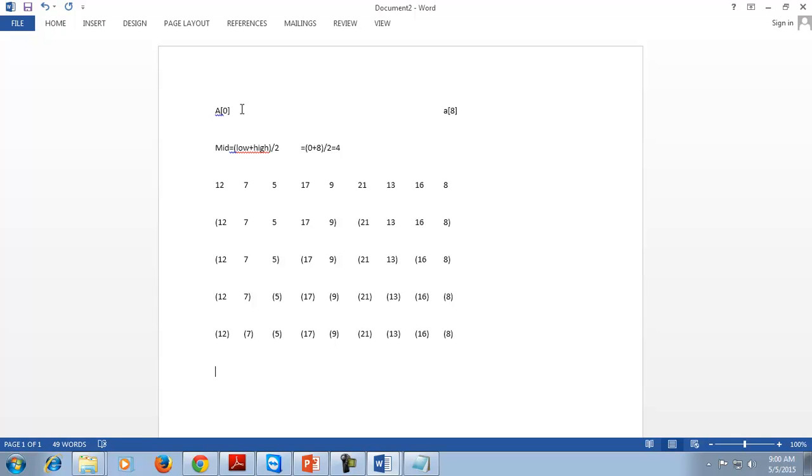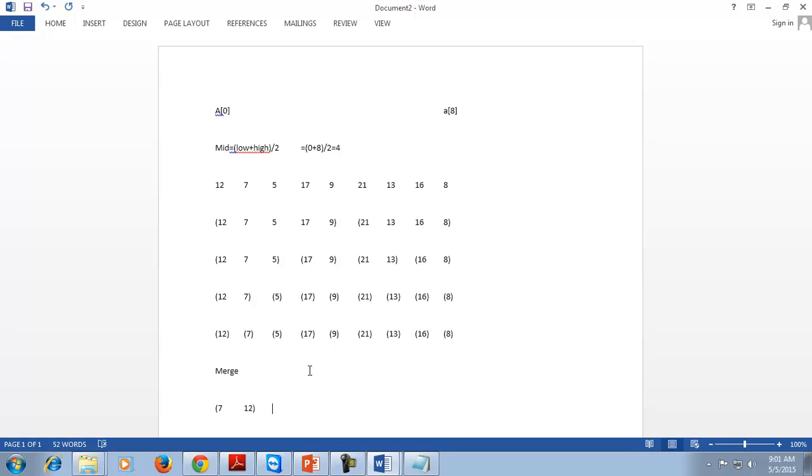After dividing the list into different sublists, the next step is to re-merge the list. And to re-merge this list, we will compare the values. Say 12 and 7. 7 is less than 12, so 7 comes before 12.